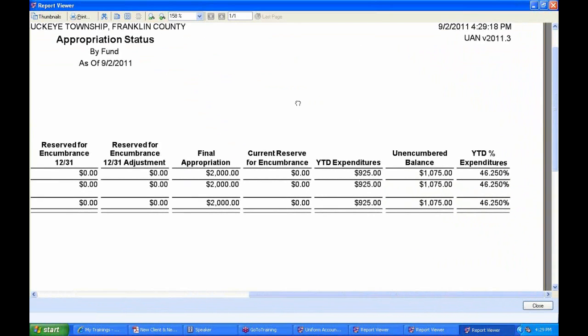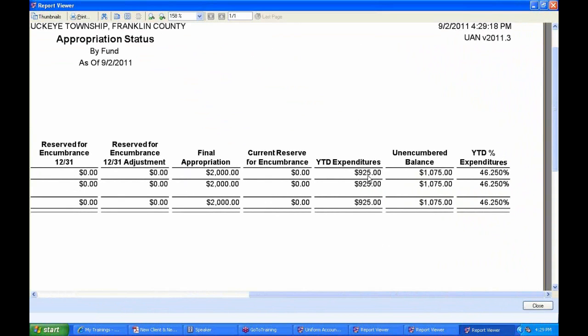2,000 in the final appropriation. We spent 925. Currently, we have 0 encumbrance, reserve for encumbrance. So I closed the PO, so it freed it up. And so now instead of $75 unencumbered, I have $1,075, and I can create another purchase order to some other vendor